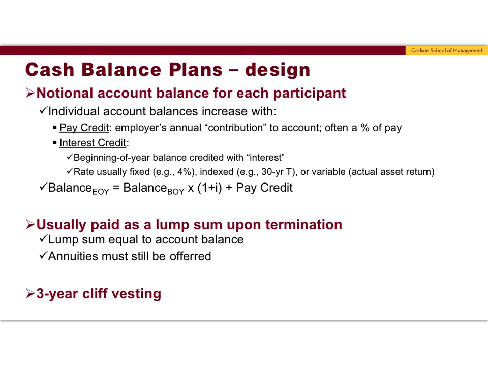Cash balance benefits are usually paid as a lump sum at termination, which helps the employer avoid having to be responsible for paying lifetime annuity benefits. Note that the employer cannot force the employee to choose a lump sum payment. Annuities must still be offered unless the participant has a very small account balance, generally less than $5,000. However, our experience is that most cash balance plan participants choose to receive a lump sum when they are presented with that option. Lastly, cash balance plans generally have a 3-year cliff vesting requirement where participants become fully vested in the right to their pension benefit after 3 years of service.